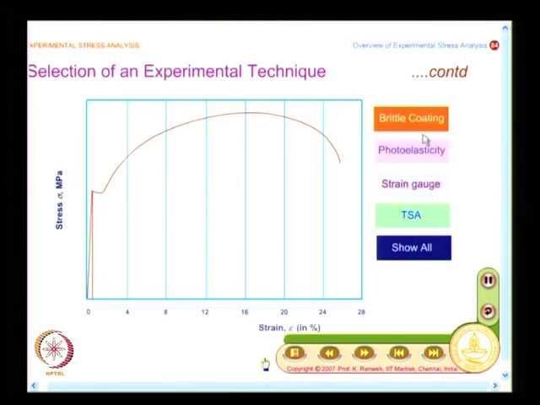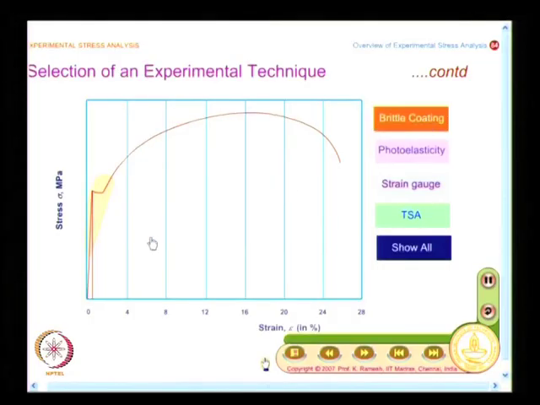In which range can you use it? Because a visual representation always helps to quickly identify, am I working in the elastic or plastic region. And in what way did we look at brittle coating? We all said that the failure strain of the coating decides the lower limit, and we saw that it is about 300 to 500 microstrain. As newer materials are developed, you may be able to bring it down, but the threshold limit is about 300 to 500. So, you will have brittle coating in this zone.